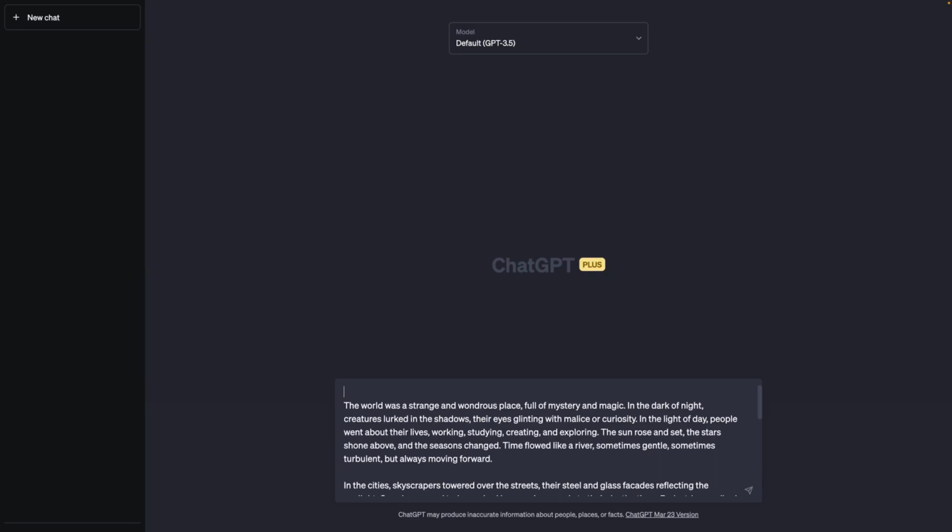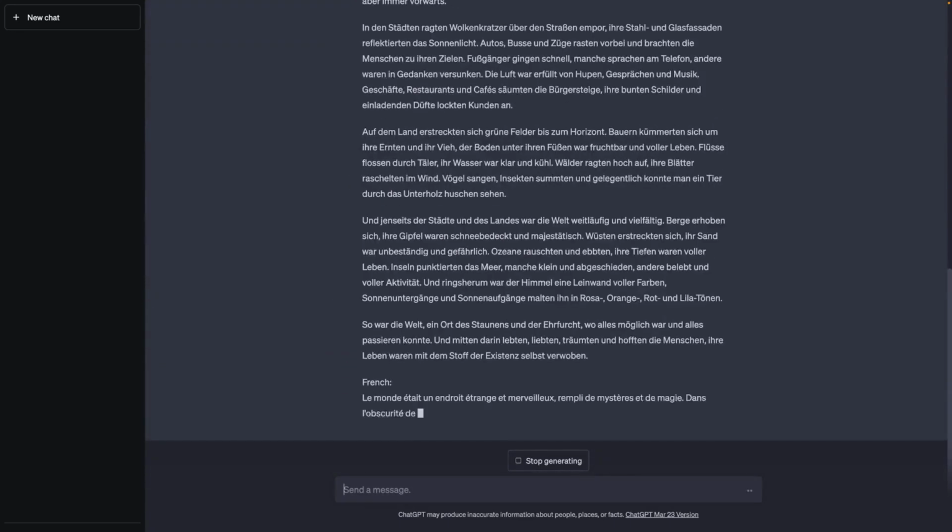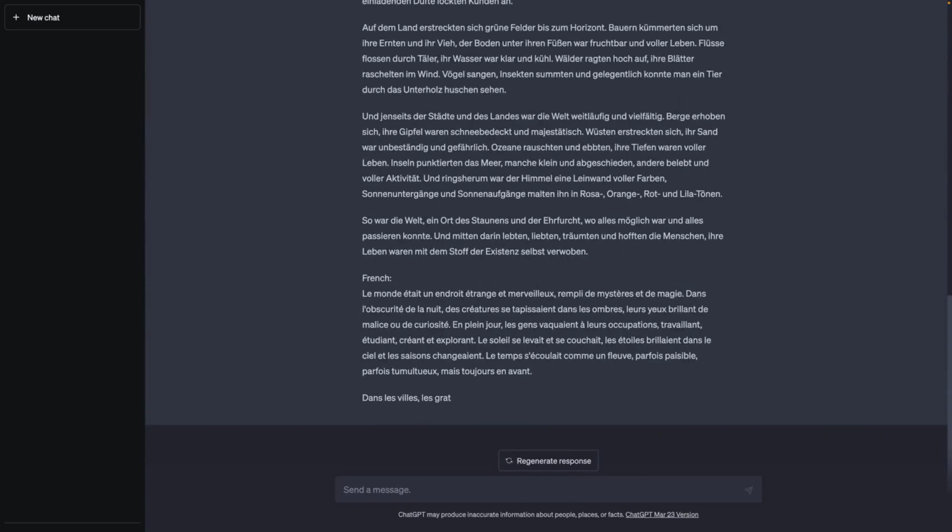If I tell ChatGPT to translate this text to German, French, and Spanish, for example, then ChatGPT starts with the translation. But at this point here, the output generation stops. As mentioned, this is due to the token limit that limits the length of the output that a ChatGPT response